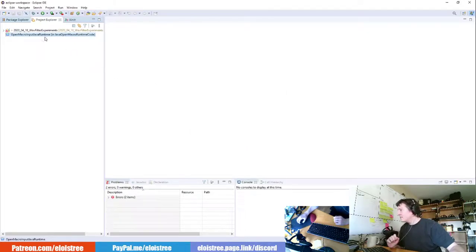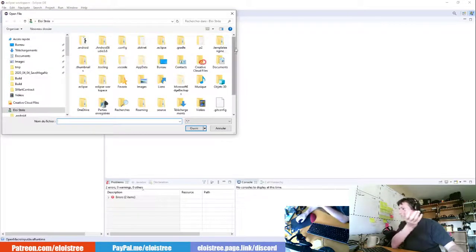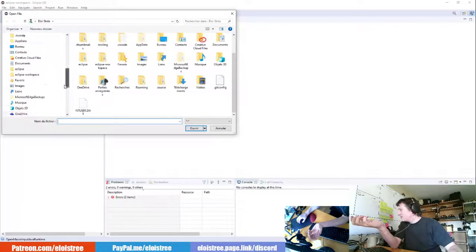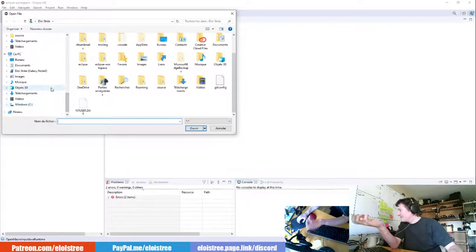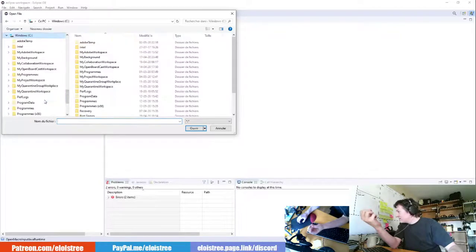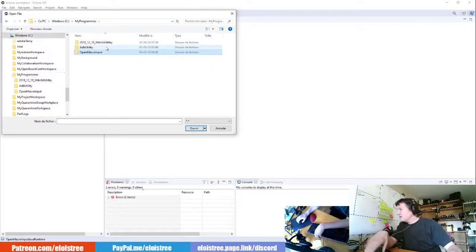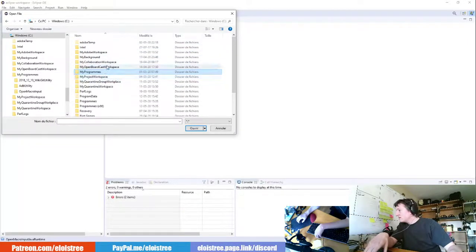Apparently he did not open my project. Okay, so open. So you need to have Eclipse. Here Cyril will not download Eclipse just to do that, so I show him just a bit what is inside, for the fun. Program, open macro in, no, it's not here.